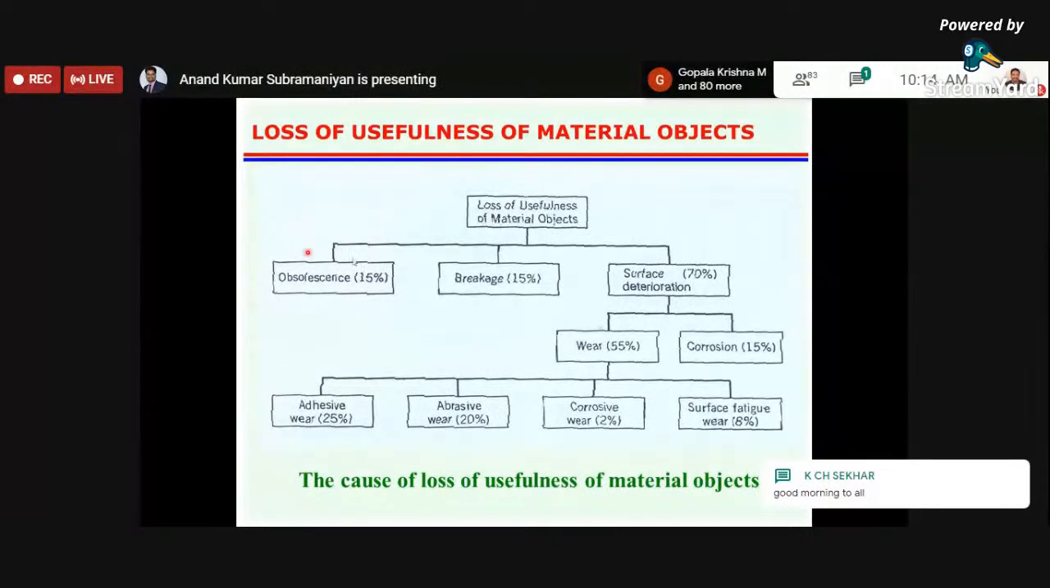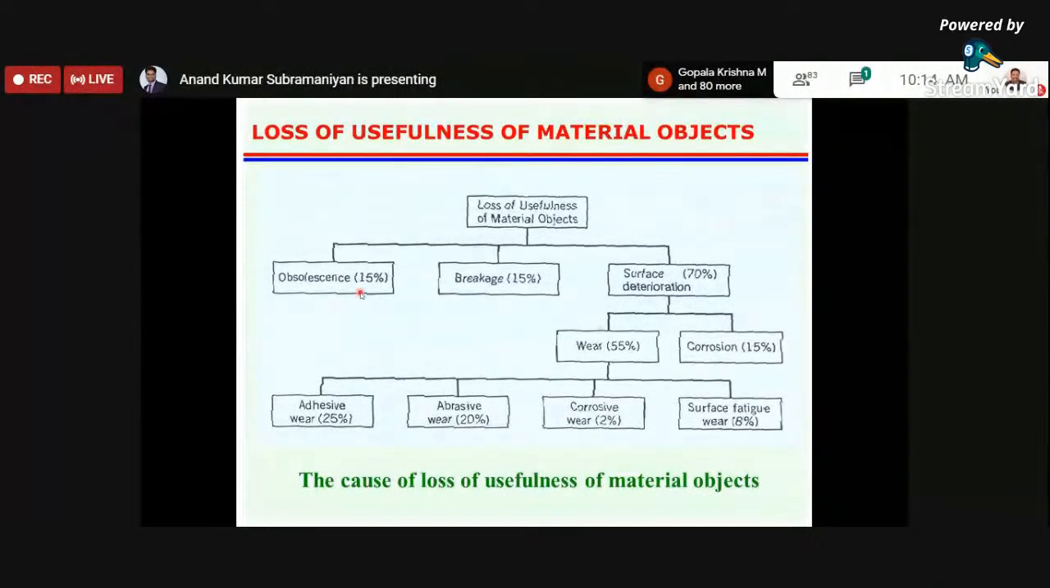So then the material or the component becomes, I mean, it is not useful. Then there is failure or fracture, which happens under different kinds of mechanical loading, and which is roughly quantified as 15%. And you can see the surface deterioration, which I emphasized in the previous slide, the damaging mechanisms